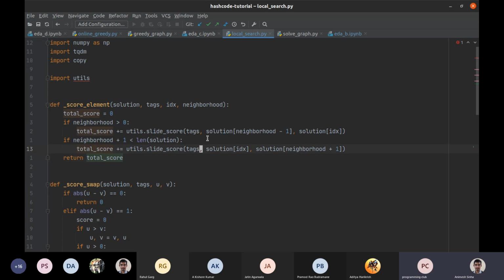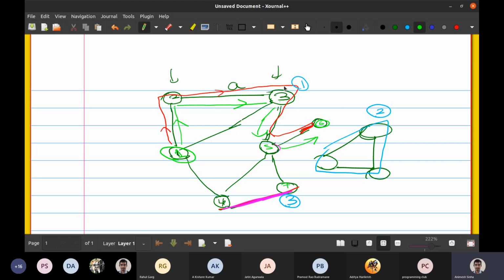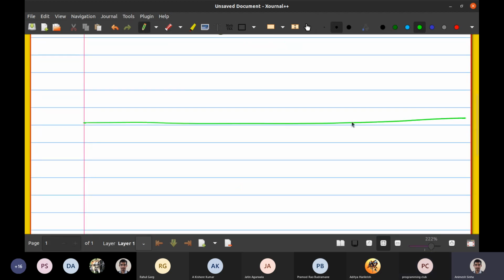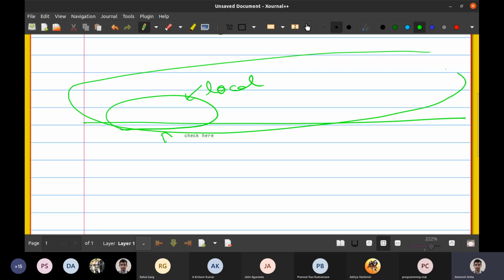So basically, local search is the idea that if you are given an entire array and you see that some part of your array is really not working out, then you just start swapping randomly and pray to God that things work. That's more or less it. If you know that the problem is in some small region, then you find that region.